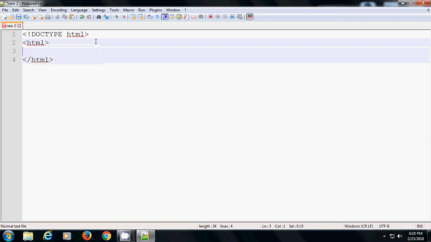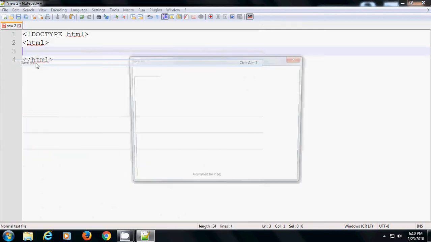Inside this, whatever we write will develop our web page. So before I start writing codes inside this HTML tag, I want to save the file, to show you why I was talking about using Notepad++. It is a free software. So file, save as,